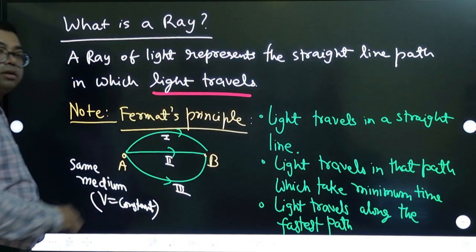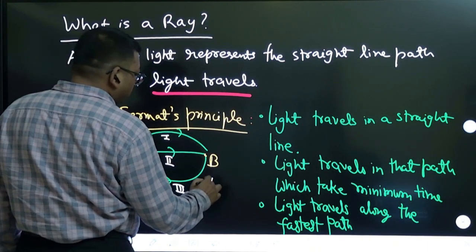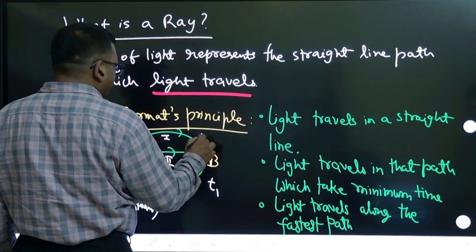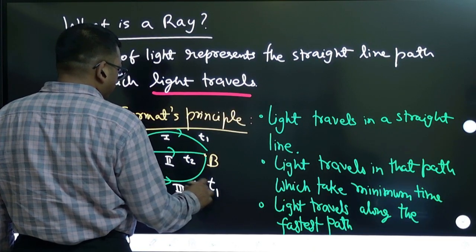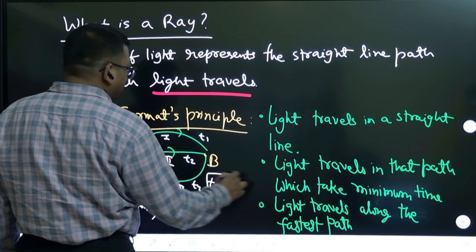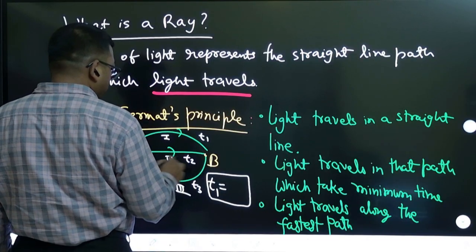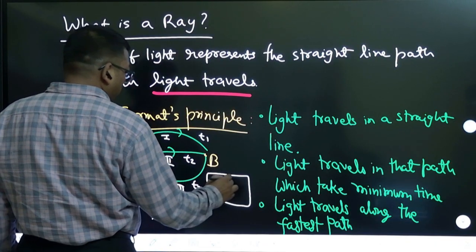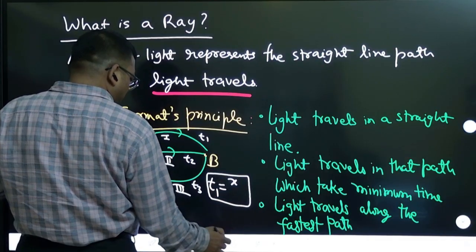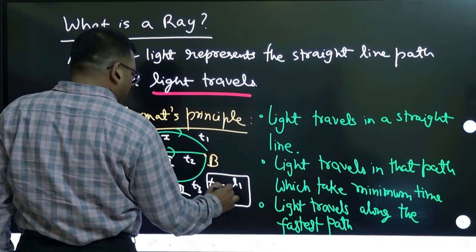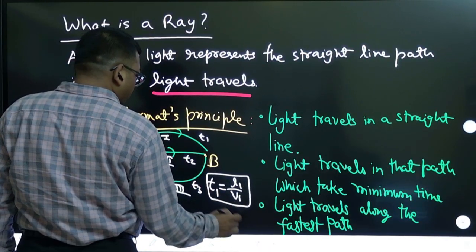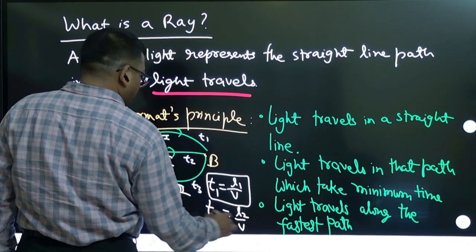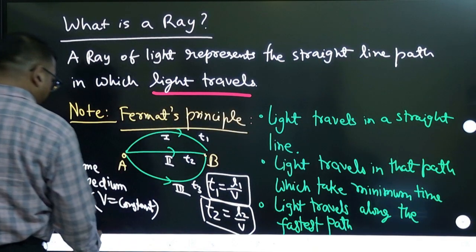Time taken in the first path is t1, in the second path t2, in the third path t3. Time is equal to distance by speed. Let us call the distance L1. Distance L1 by speed v. Time in the second path, distance L2 by speed v, right? And time in the third path,